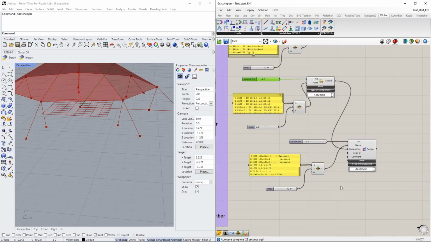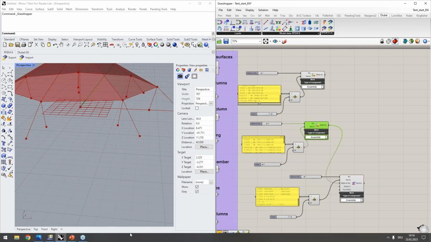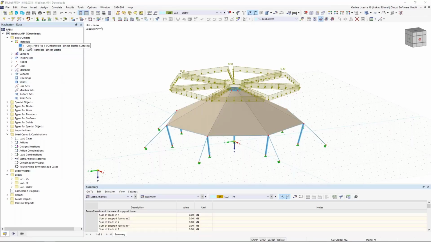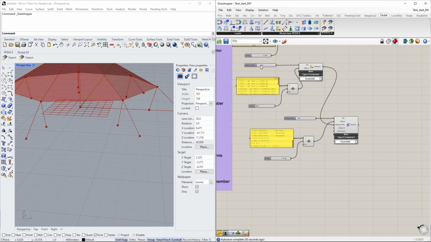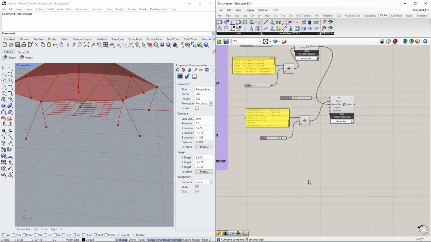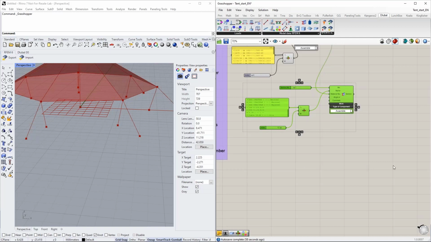And what would be the alternative way? If you do not assign the index numbers, you theoretically would have to run one export where you export the materials to RFEM. Then you can check in RFEM, okay, what is material 1, what is material 2, and so on. And then you know the ID numbers, and then you could use a number slider or whatsoever and assign the number to your cross section. But this is not, let's say, the ideal logic. The ideal logic is assigning the IDs beforehand. Okay. So far regarding that logic that we are using here, I will create just a couple more cross sections